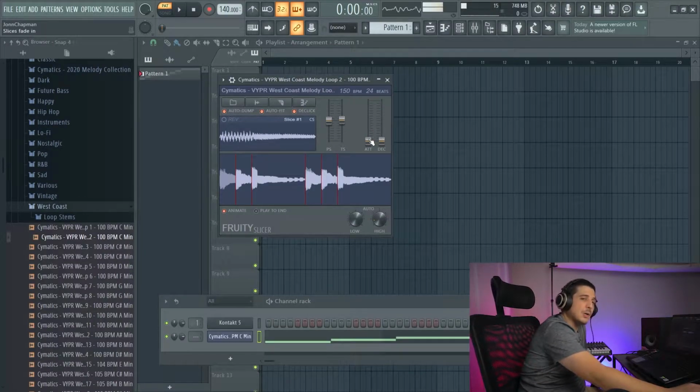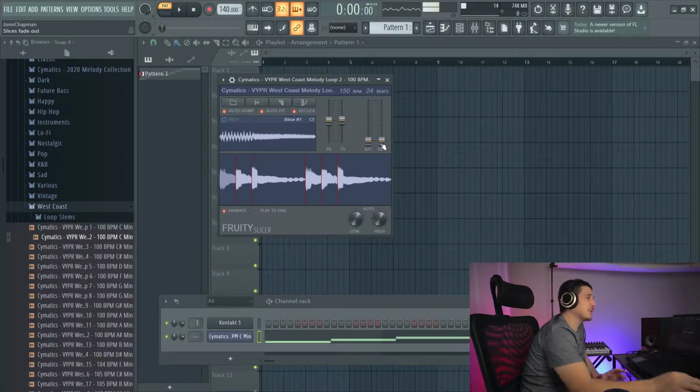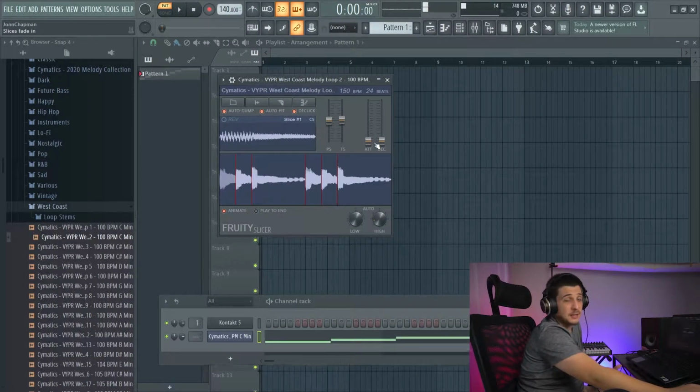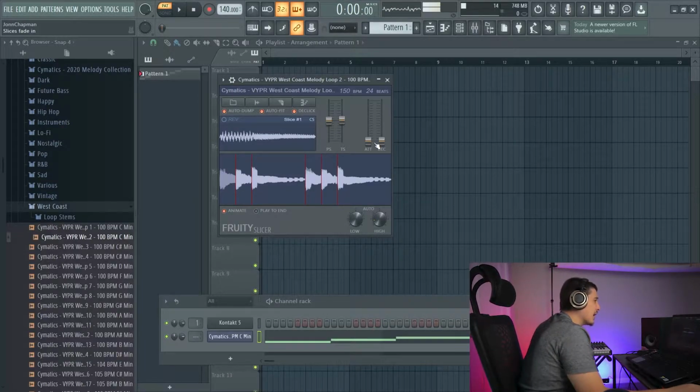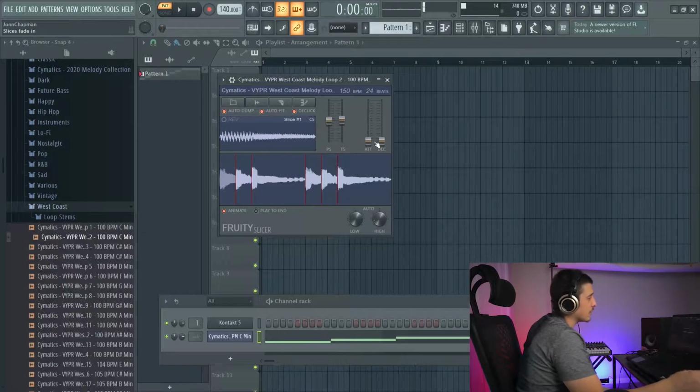Now, in most samplers, when you move the attack or the release, it's going to affect all the channels. In some samplers, you'll actually be able to change the attack and releases by the different sections. So simple, if you know what an attack is or a release, you can skip forward. If you don't,